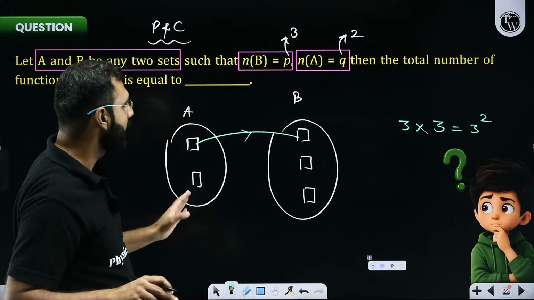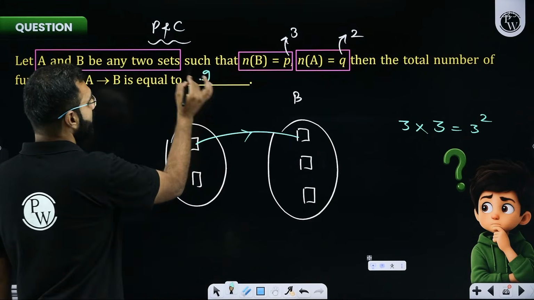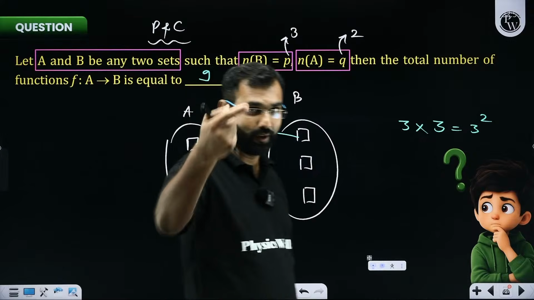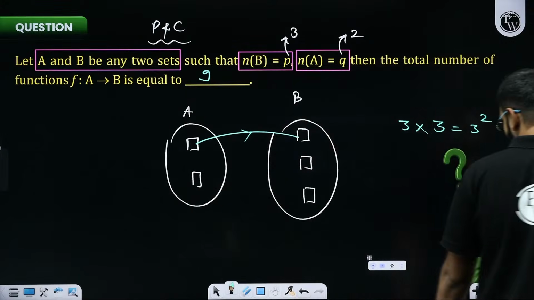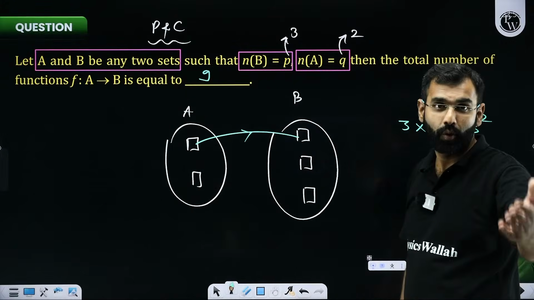So with this, answer will be 3 square. So correct answer will be 9. Let's see how many of you got it right. Even if you're writing your correct answer 9 there in the chat box of this YouTube live, we would be